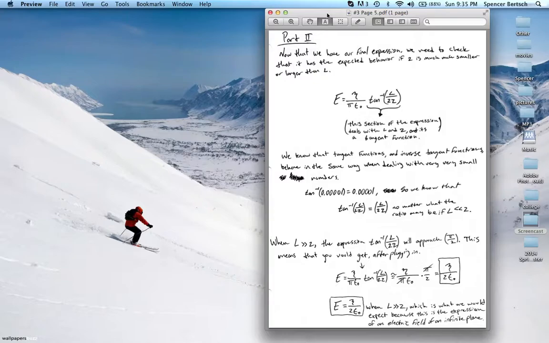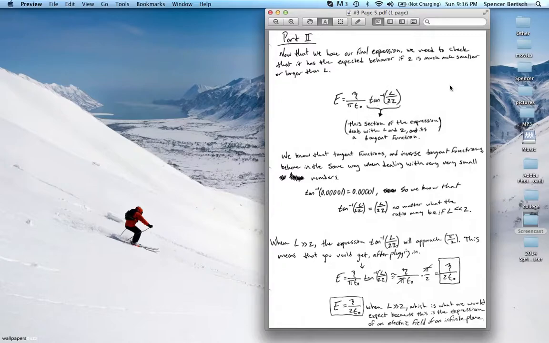It looks basically like a sheet of charge, and it was really cool, because what came out was that it actually was the exact same expression that you use to calculate the electric field of a sheet of charge. So, basically, the expression that you have here, eta over pi epsilon naught times tan inverse of L